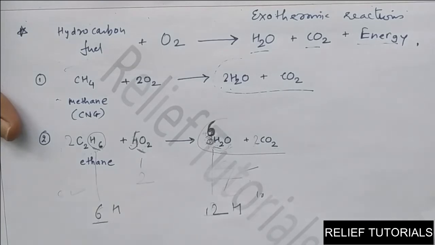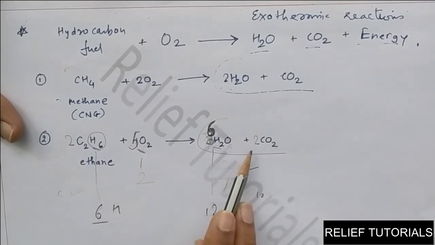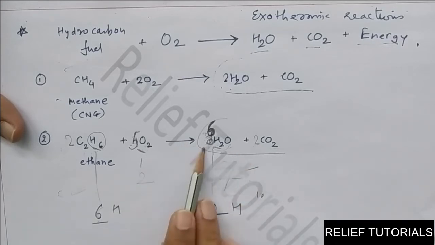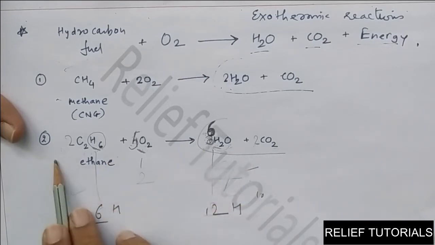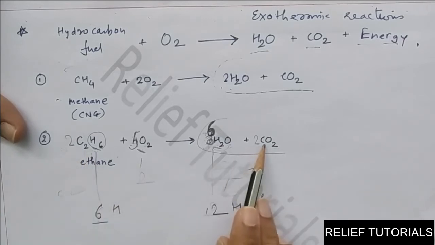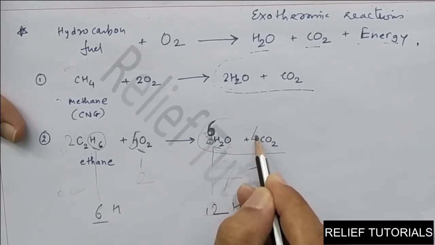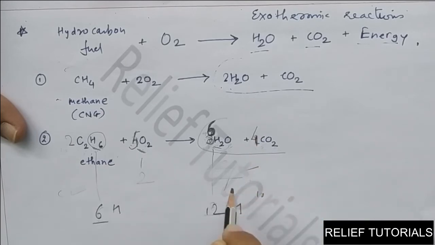At the same time, one more problem arises. Carbons. How many carbons can you see here? 2 2s are 4. But look at the carbon here. Carbon is 2 only here. Anyhow, we have balanced oxygen and hydrogen, but the carbon is unbalanced. So carbon 2 2s are 4, and here is only 2. How can we make it 4? By multiplying this number by 4 in place of 2. So now one more problem arises.